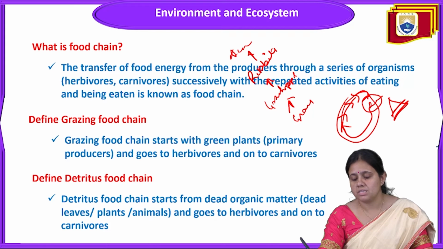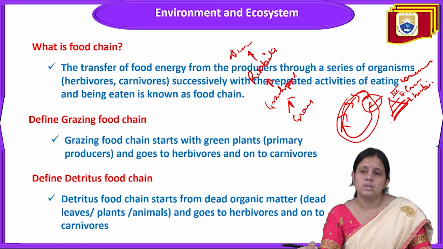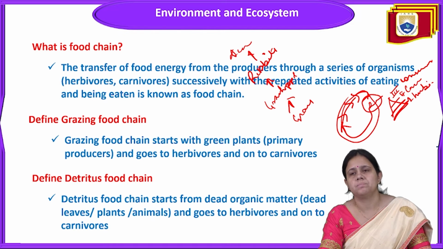Like this, the base is the first trophic level, then the second trophic level, then the third trophic level. The first one is about herbivores, the second one is about carnivores, and the third one is about tertiary consumers. So the transfer of food from a lower trophic level to a higher trophic level is called a food chain, and it